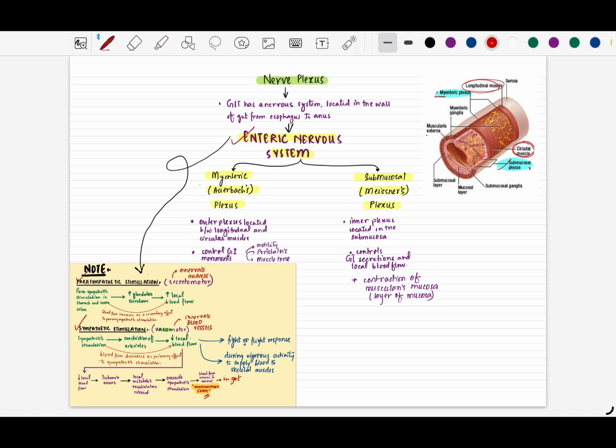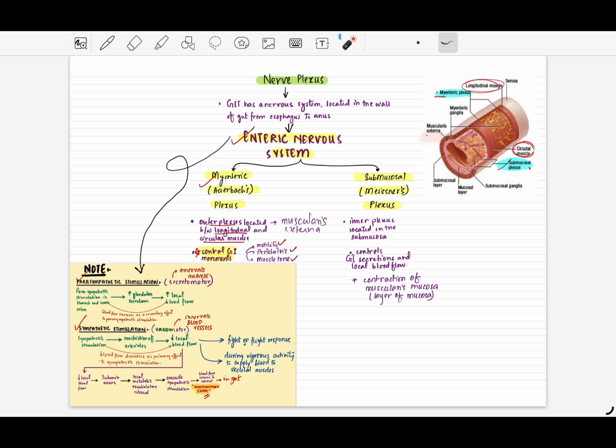Let's first discuss the myenteric plexus, which is an outer plexus located between the longitudinal and the circular muscles. Of course, this is going to be in the muscularis externa. We covered this in histology, and this is responsible for controlling the GI movements. Now this is a very important pointer. It controls the motility, peristalsis, and the muscle tone. Let's look at the picture: the myenteric plexus is located between the longitudinal muscle and the circular muscle layers